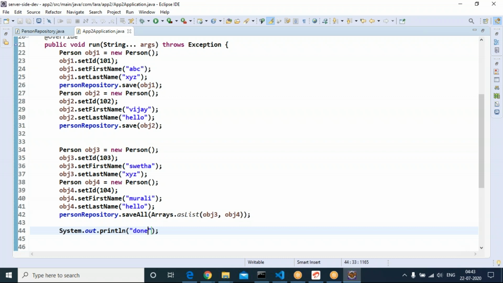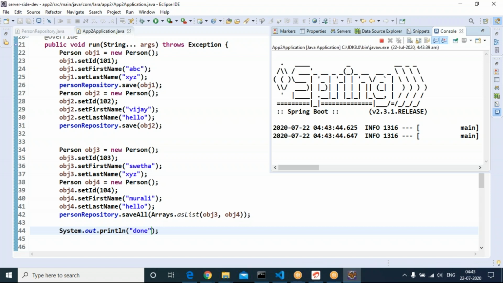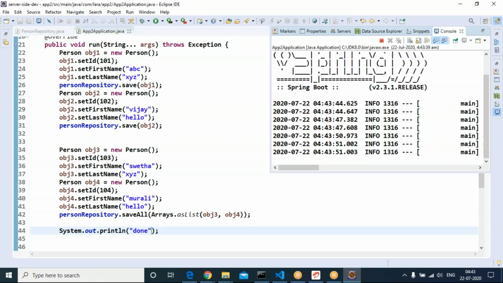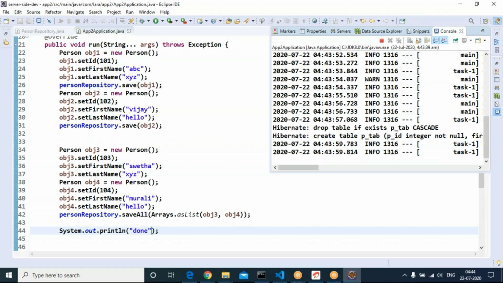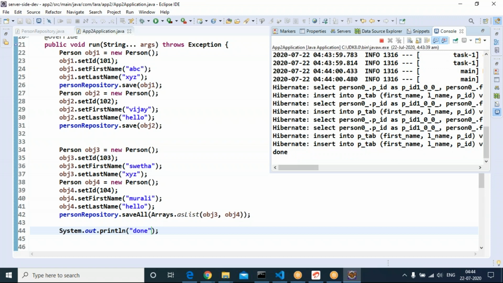In the previous section, we have seen the save method. In this section, we are going to use saveAll. Totally 4 objects we are saving in the specified table. 4 insert commands should display in the console. You can see 4 insert commands. A very important point, before insert there is a select to check whether it is already available